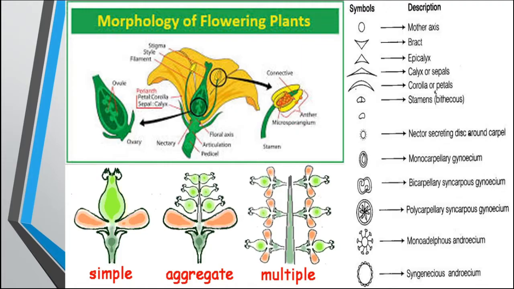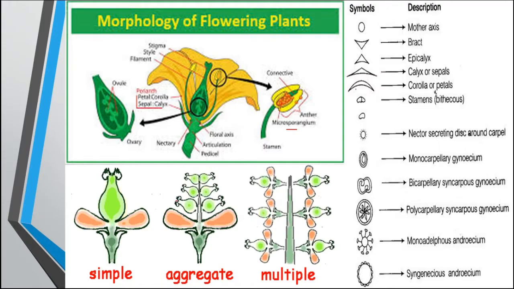Inside this anther, when we cut the transverse section, we can see the microsporangium in which the pollen grains are produced in the pollen sacs. The anther is bilobed and the two lobes are there, that means 4 sacs, microsporangia, are there for producing the microspores or pollen grains. And this is the transverse section in which we can see the pedicel, then the floral axis, from here the calyx, corolla, and this is the anther, and the innermost is the gynoecium of the